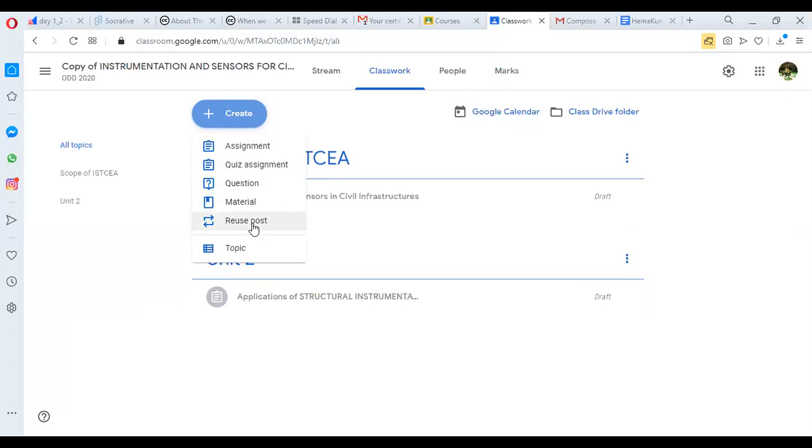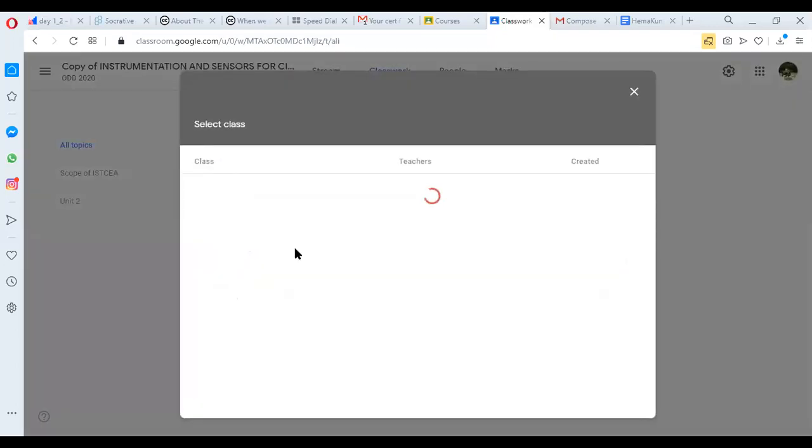And this is another feature called reuse post. If I click reuse post, you can select any particular assignment or any particular thing from your other classes that you have saved. You have some more classes that are either archived or some other courses you are conducting parallelly. You want to copy one assignment from that.